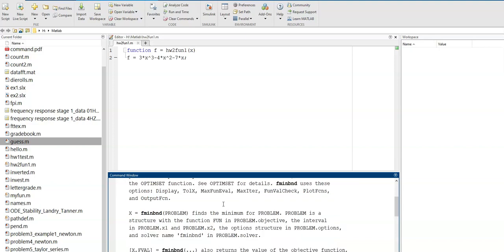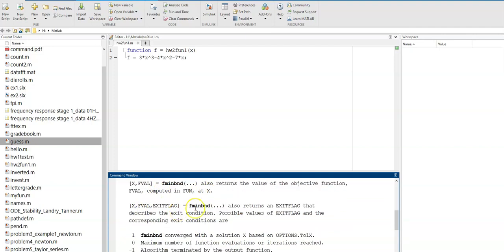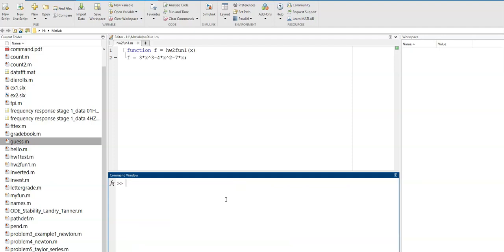You can also do it like this, where you have the open brackets, x and fval, equals fminbnd. What it does is return the value of the objective function and x into those two variables, and you'll see it here in a moment. I'm going to do this so we can see it. I'm going to say [x, fval] with open brackets like that, and then we're going to do